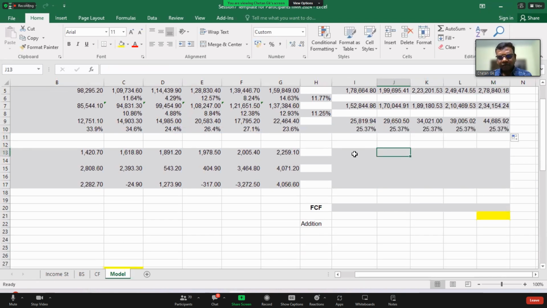Is it fine? As I told you, we are approximately going to compute this. It is not going to affect much whichever way you do your solution. Fine.